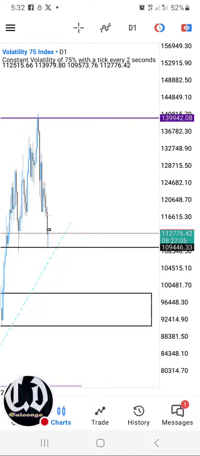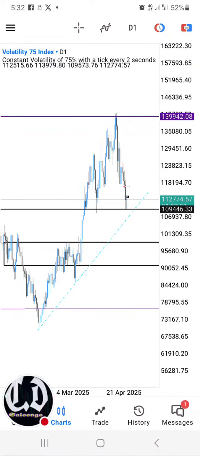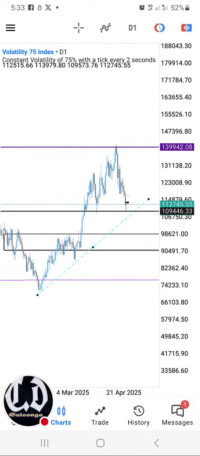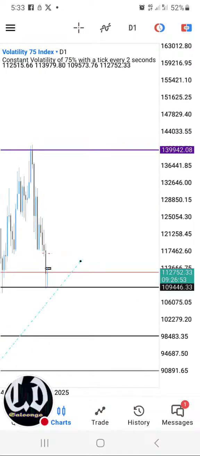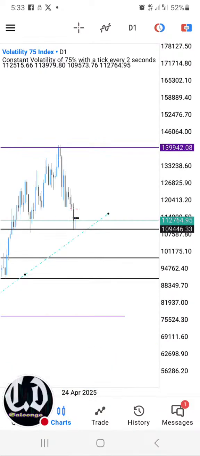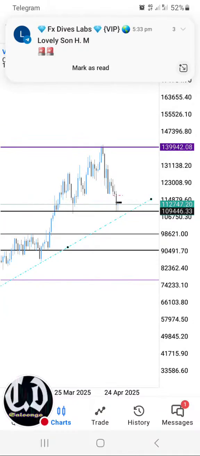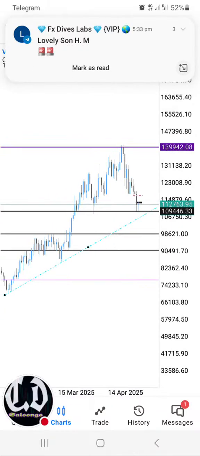Let us go back to the daily. So in the daily, we can see we have this trend line here. This trend line has one touch, a second touch, and this is what we are expecting to be our third touch, because we have two things here supporting this market to not go down, because we have this